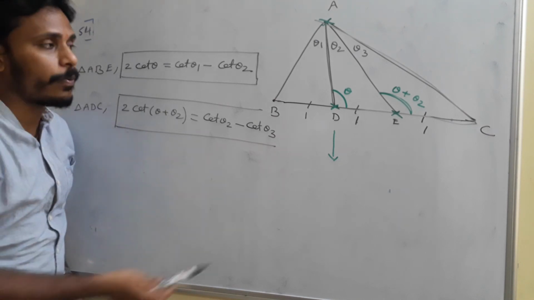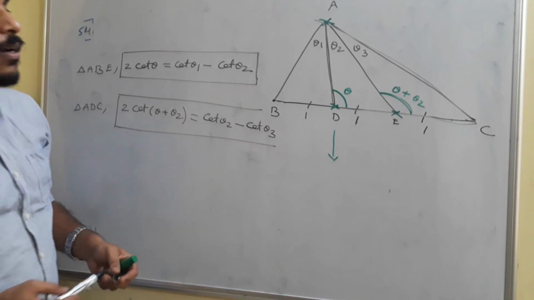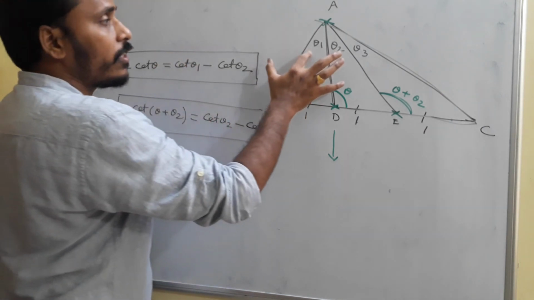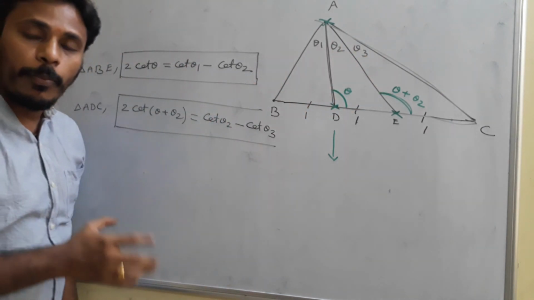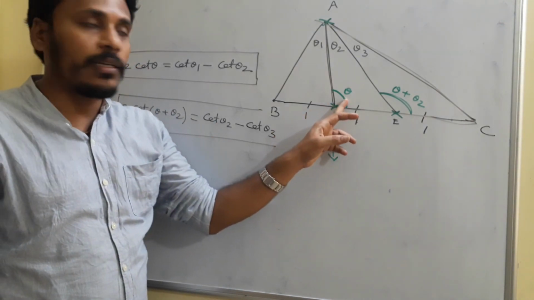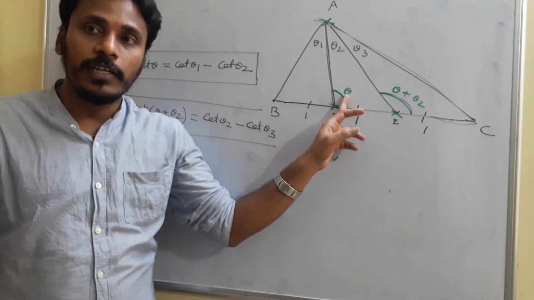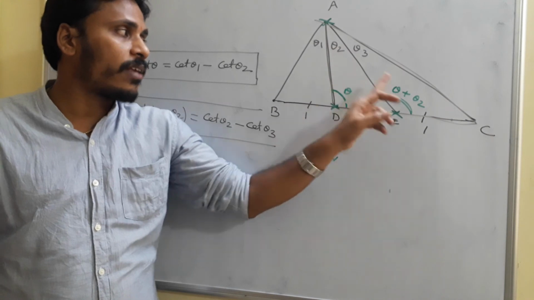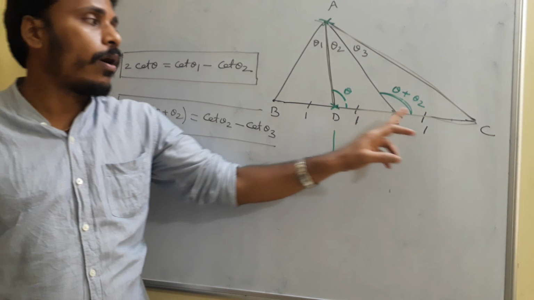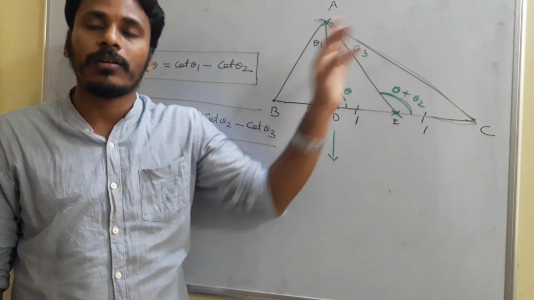Again for the space, I am going to erase this. You just look at there, pay your attention, and if you need, have a screenshot. See, this is the triangle. These are theta 1, theta 2, theta 3. To apply the m-n theorem, I need to mark theta at some point. If you mark theta here, for the first triangle by the m-n theorem, this is the statement. And if it is theta, then theta and theta 2, so this angle will become theta plus theta 2. Then for this triangle, if you apply the m-n theorem, 1 plus 1, 2 cot of theta plus theta 2 is 1 cot theta 2 minus 1 cot theta 3.